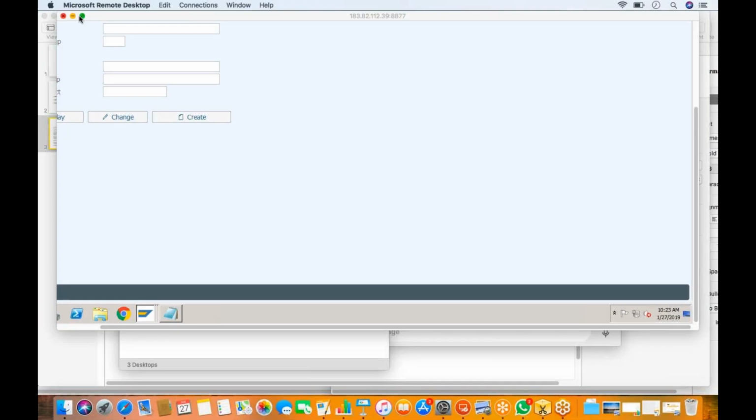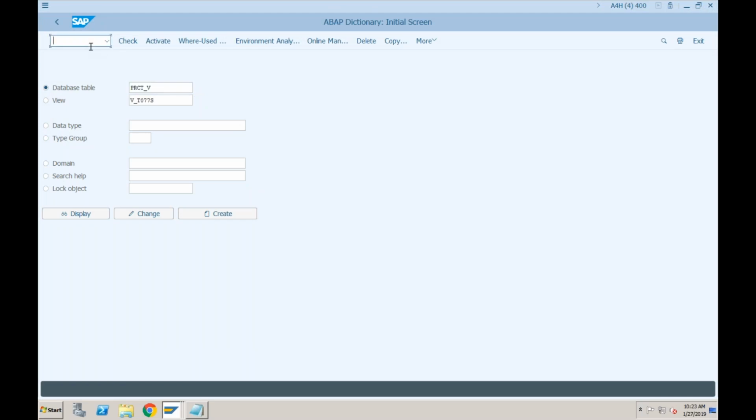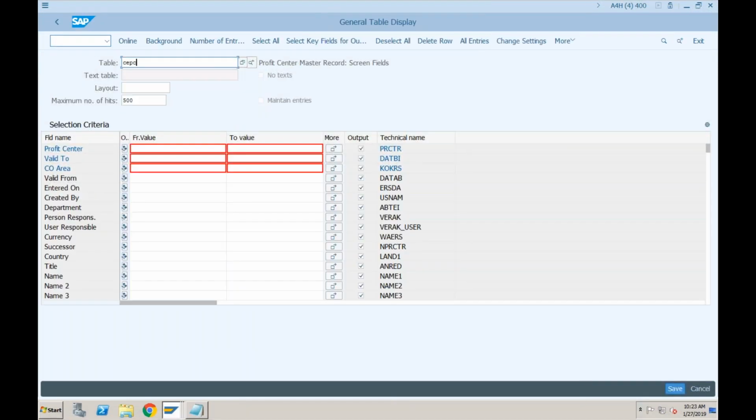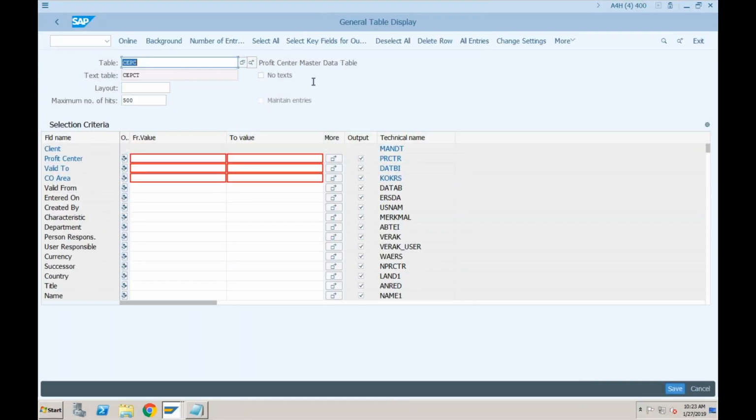CEPC. CEPC was a table. CEPC. It is also still available.